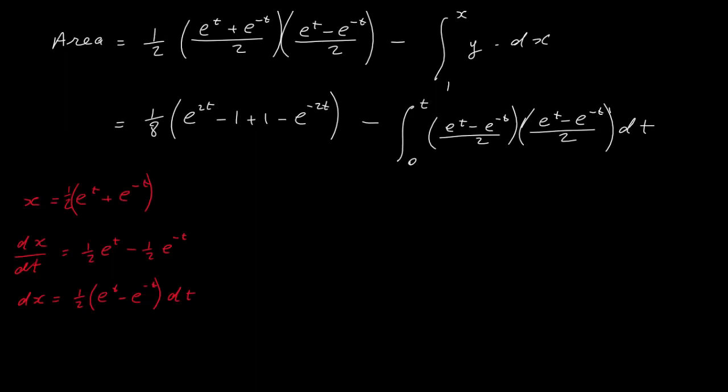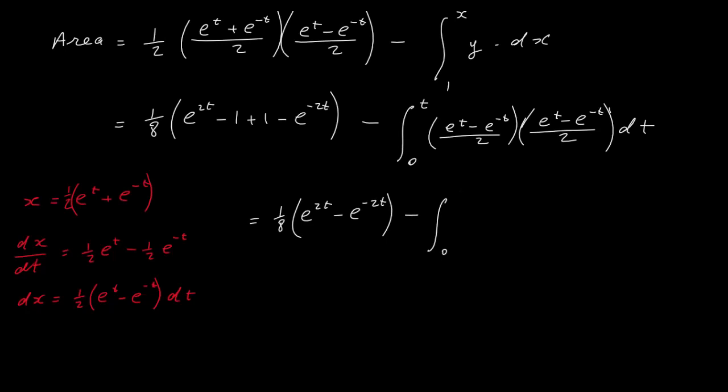So let's continue that on down here. Now this here is in terms of t, and we've got to substitute in a t. We could leave it as it is, but maybe we'll just change that power here to a different variable. Doesn't really matter, but just for neatness' sake, maybe I'll just do that. So we've got our 1/8 here, and we've got e to the power of 2t, minus 1 plus 1 is 0, minus e to the power of minus 2t, minus the integral from 0 to t of,